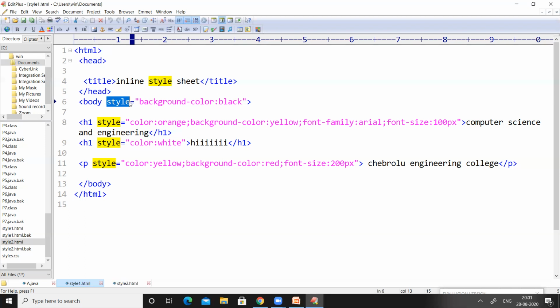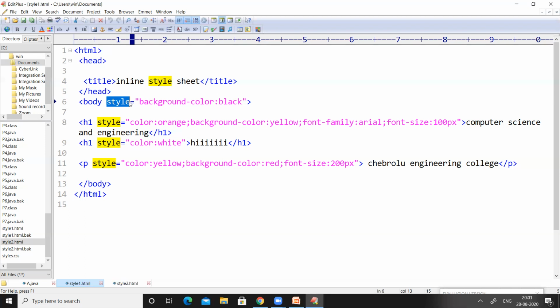Here, just using the style attribute will not bring you any styles. Style attribute is the name of the attribute. For that style attribute, we have to pass some values. The values which are passed to the style attribute will bring some styles to our web pages, right?